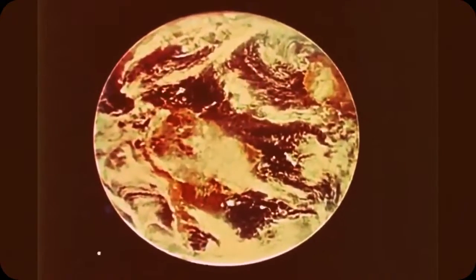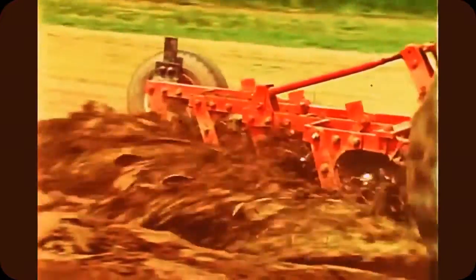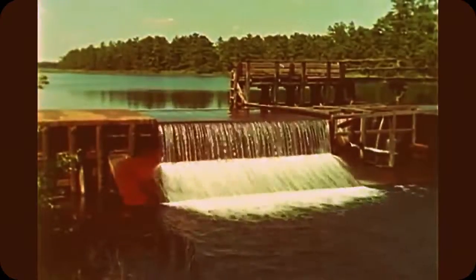The Earth seen whole is a compelling reminder of the need to safeguard our earthly resources, soil and the land, food and fiber, the forests, the rivers, the lakes, the seas, the oceans,